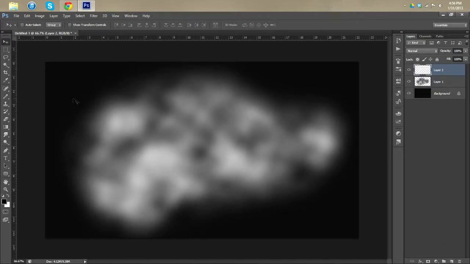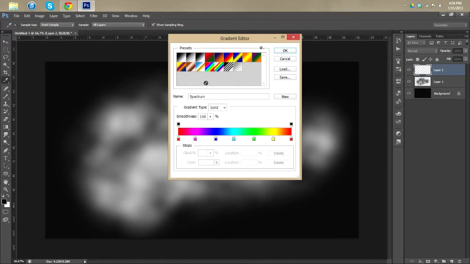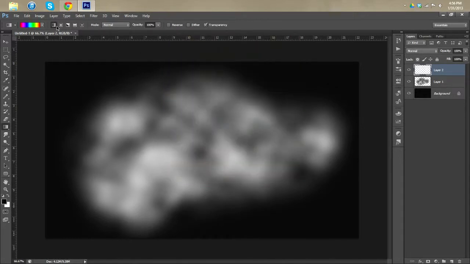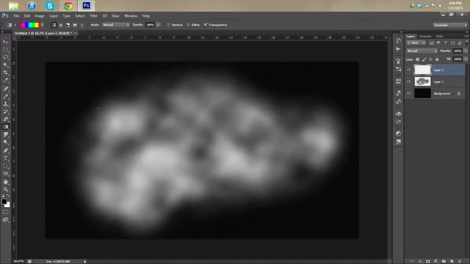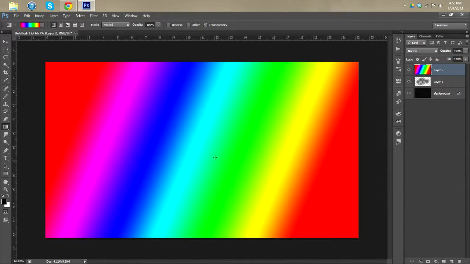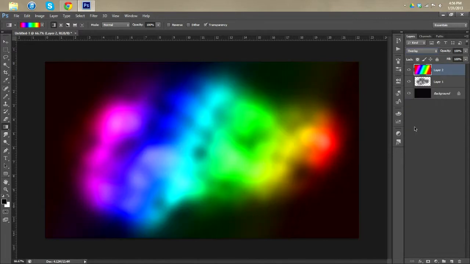So now create a new layer, and you want to go to the gradient tool and just select the pre-made rainbow one, and you can use linear or radial gradient up here. I like to use linear, and you get something like that. It's good to try to get all the colors in there. That should work. So you set that to overlay,